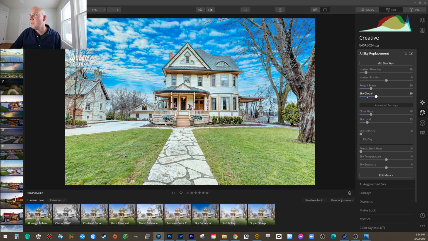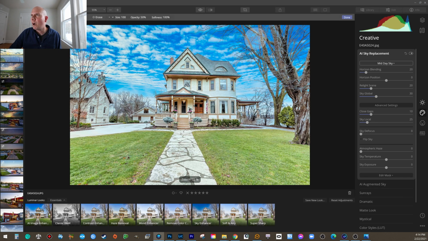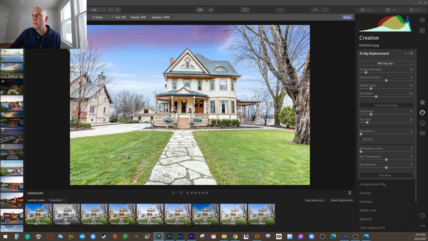Right now, if you look over here, it relights the scene. It does the global sky. It's filling in the gaps. You can change that. So what I like to do is actually kind of paint the image. I go down to Edit Mask, Brush, and then I start painting, and it uses this little red pink color. That way you're not overlapping too much. It knows the sky for the most part, but it really is going for highlights,